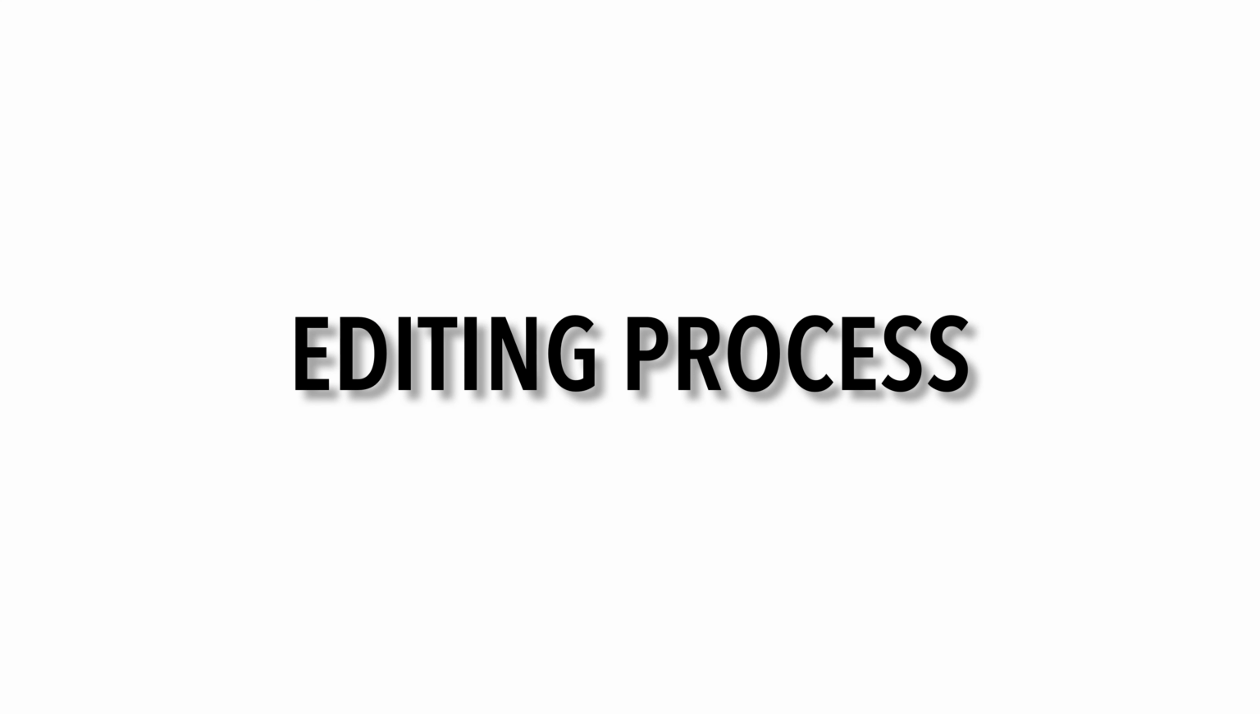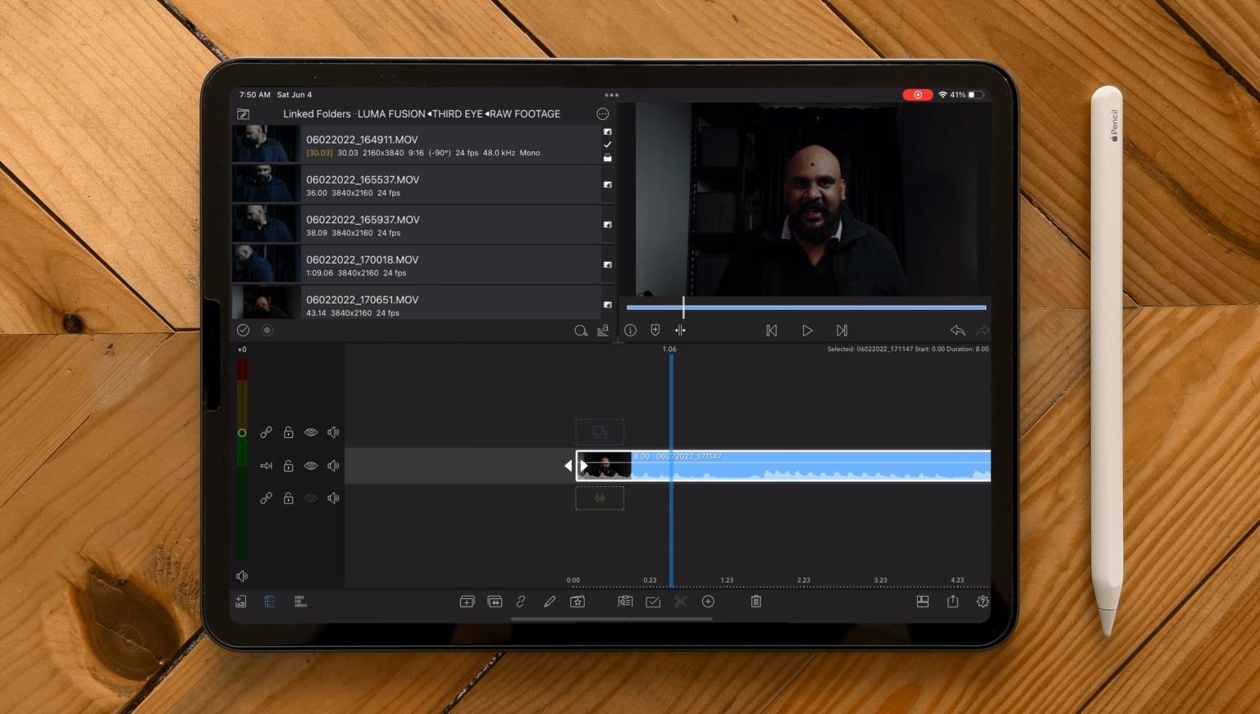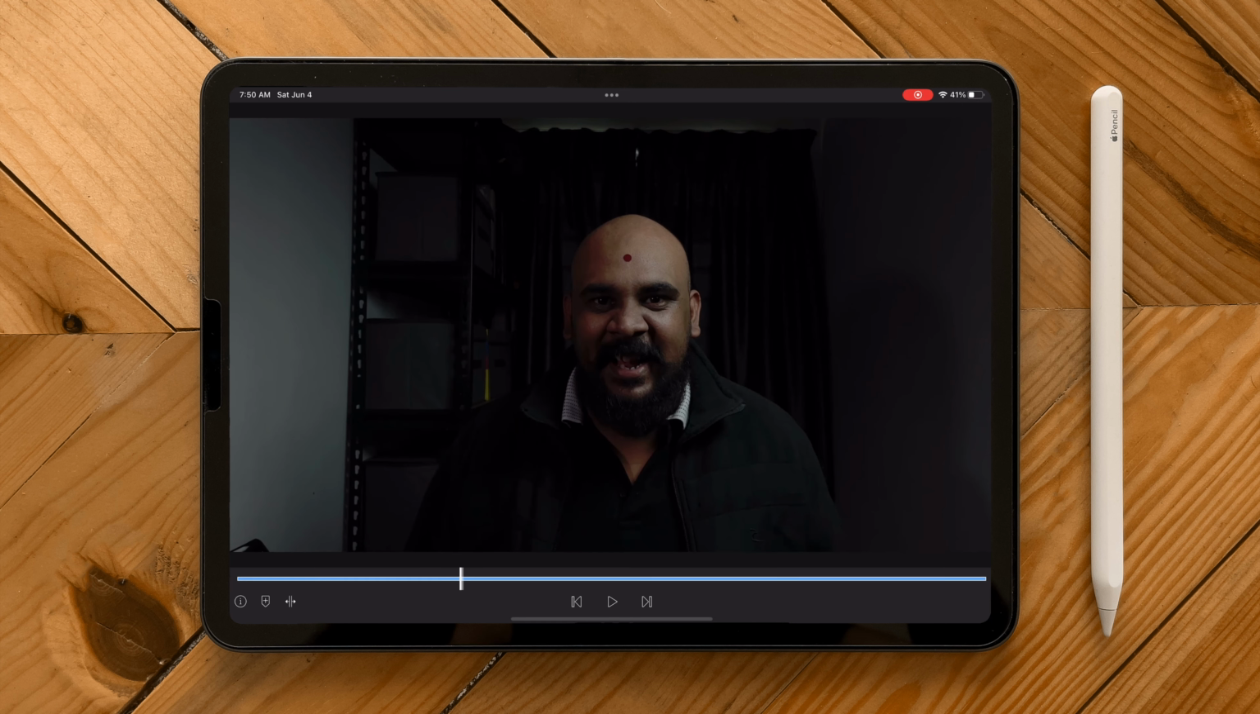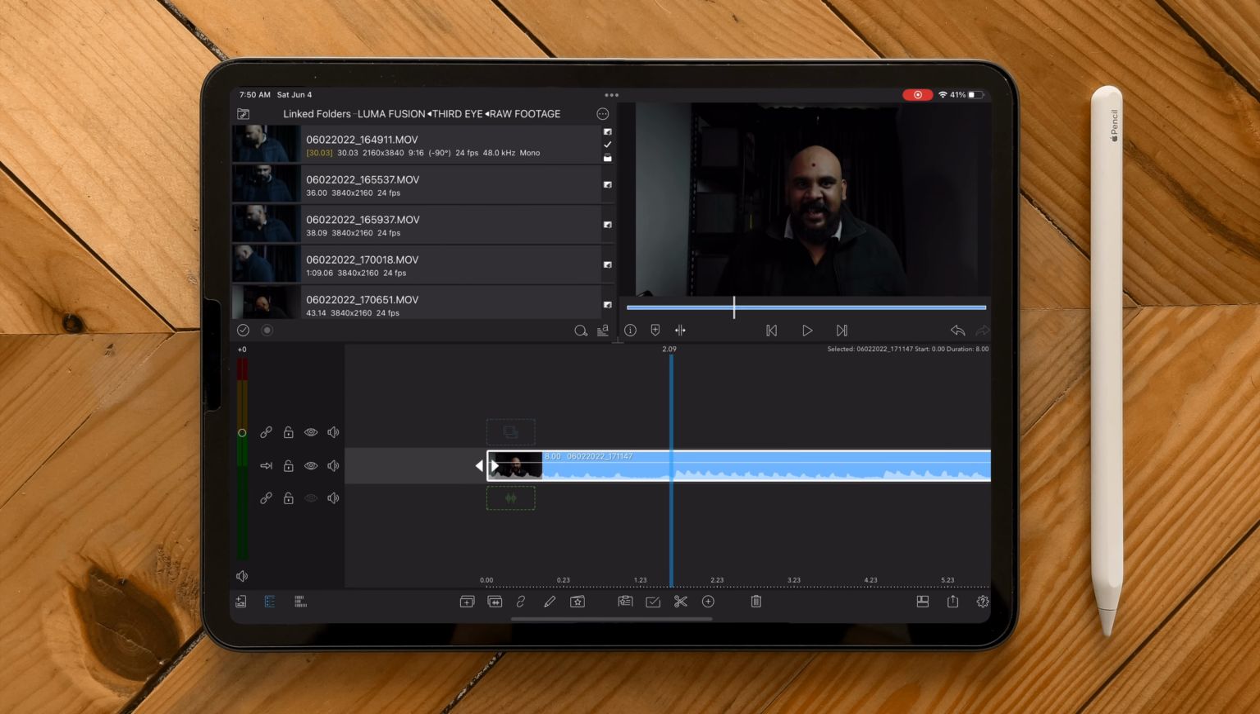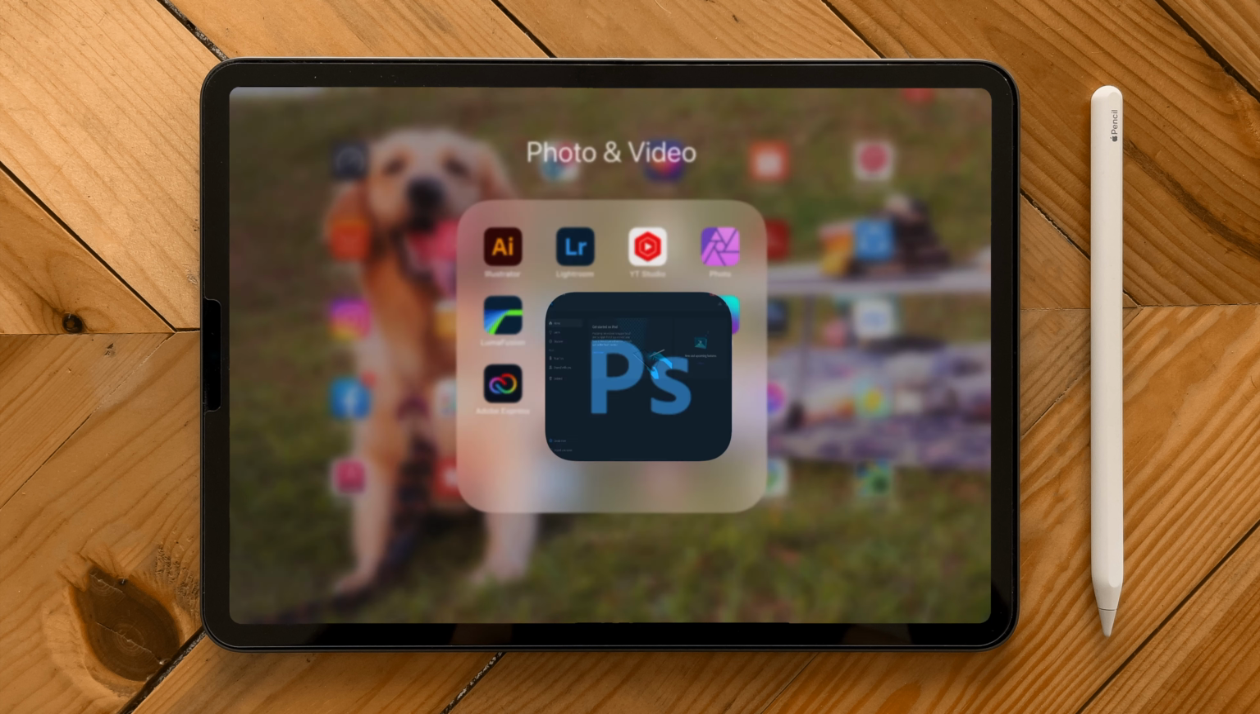In your new project in Lumafusion, add the clip that you want to do the third eye effect. In my clip, you can see there is a tracking marker on my head. This tracking marker will be used to track the eye later in the editing. After you add your clip in the project, take a screenshot of any frame, go to your Photoshop app in